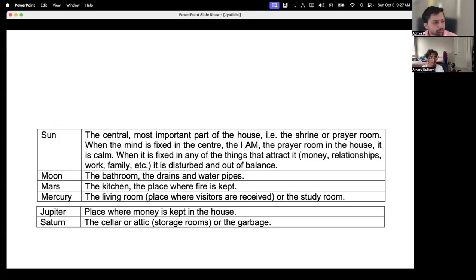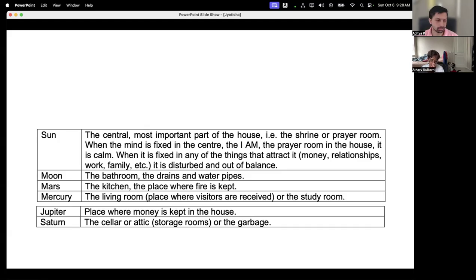Okay, now we will briefly describe Vastu in one slide. Now that you know the characters of each graha, you can also describe which room in your house is dictated by that particular graha. So Surya, Ravi, I just said power, administrator. So if your house has a puja room, that will be the centerpiece of your house.